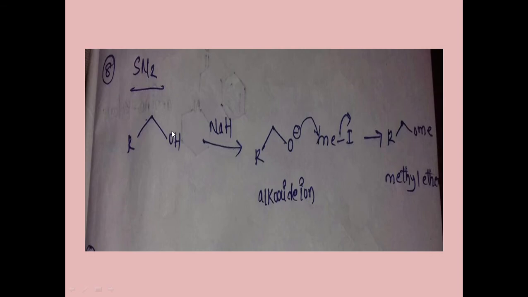Similarly here, OH is not a leaving group, so you can't ask the nucleophile to attack here, right? We need some base or acid which can provide a proton to this OH, so that water can be removed. We have used here the base NaH. Oxygen will be taken, hydrogen will be taken by it as a proton, and we will get RO minus. Then this will attack from the backside, and I will be removed as a leaving group. We will get this as a product.